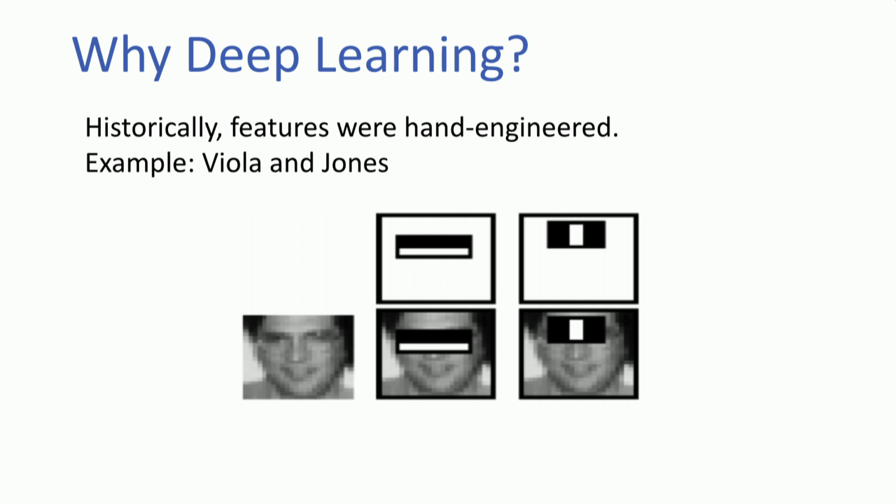Good. So how was this done historically? Historically, features were hand-engineered. This is one of the famous figures from the Viola and Jones work. There, what they wanted to do is identify human faces in images, right? And so they had to handcraft particular filters, like the ones you see here that are black and white, that say, well, this part is typically a little darker than the part below. And so if we find that sort of pattern, there's a face in the image. Obviously, deep learning has surpassed that significantly.